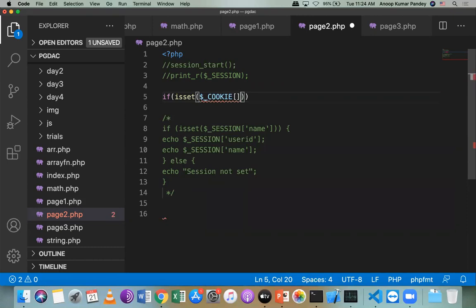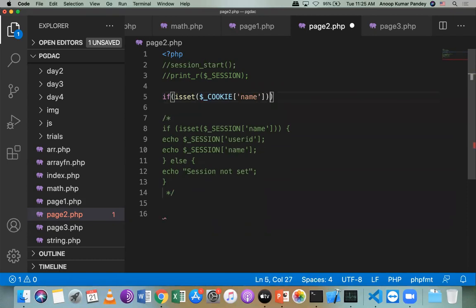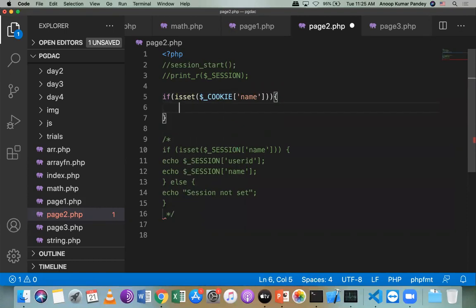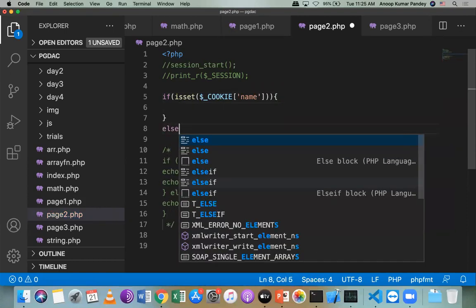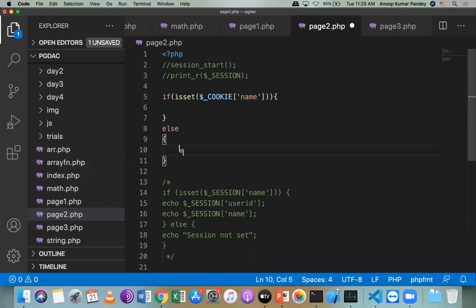So $_COOKIE, and then whatever value we want to access. If it is set, else. Okay, so else I will simply say that cookie is not set,